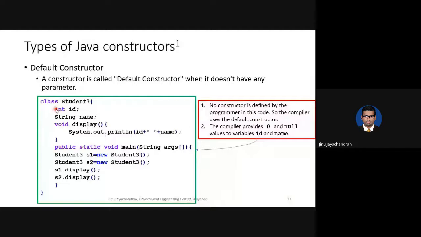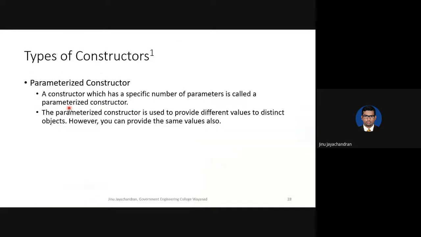So here, if you see, there is no constructor defined in this class. So if you want to define a constructor, you should have a function with the name same as that of the class name, which is student3. But none of the functions have the same name as student3, which means there are no constructors defined in this code. So when you create this object S1, the Java program implicitly will provide a constructor to initialize these 2 variables, which we will not be seeing. It will automatically be initialized.